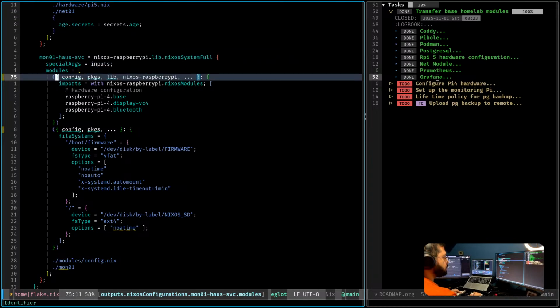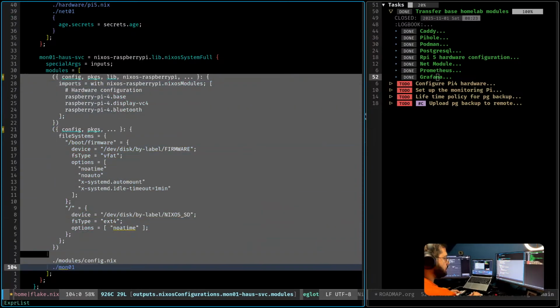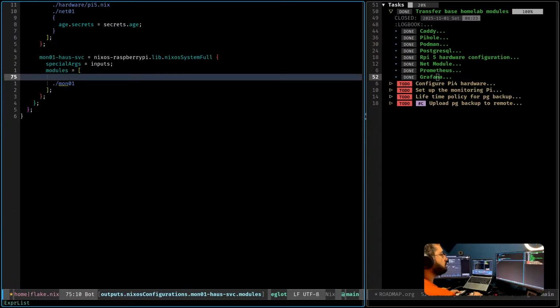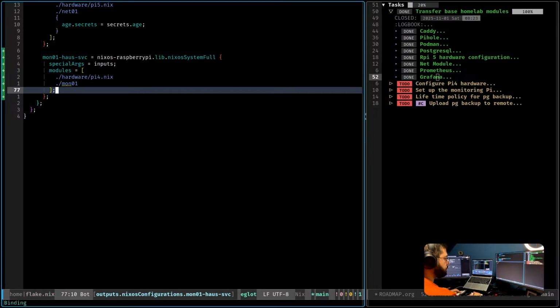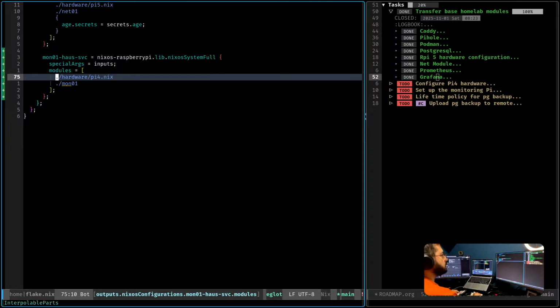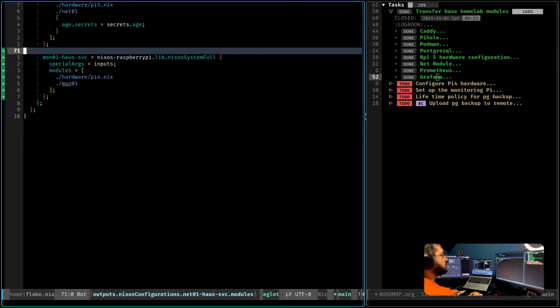For modules, I am going to replace these, and config is not needed anymore. What I will have here is from hardware, include Pi4, and then mon01, and of course, this is